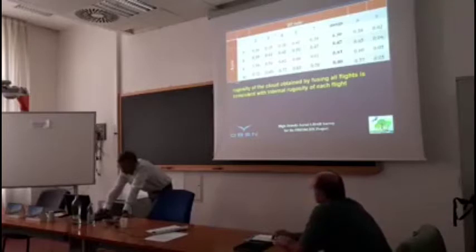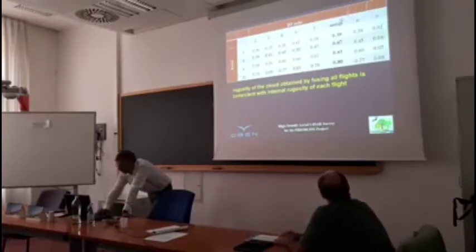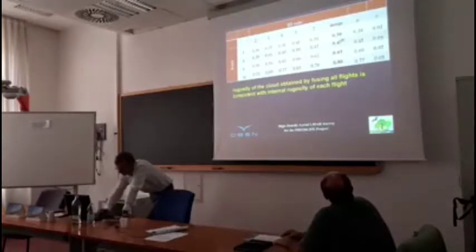Basically, I will not comment much about this table, but here we have single flights in the columns and scale in the rows. And merge means the 5 flights merged together. And basically what we can see from this table, without going into the details, is that the rugosity that we see on the merged data set is almost the same as on the single flights, which means that there are